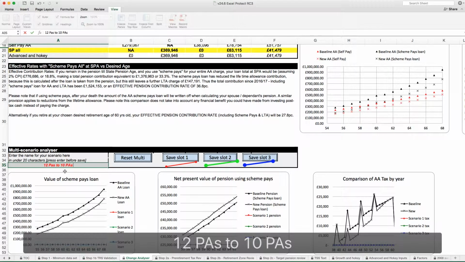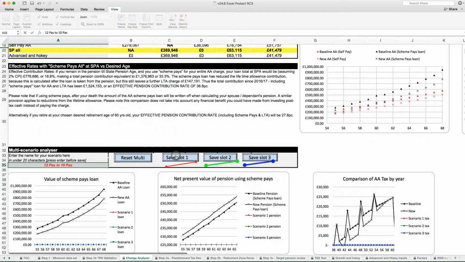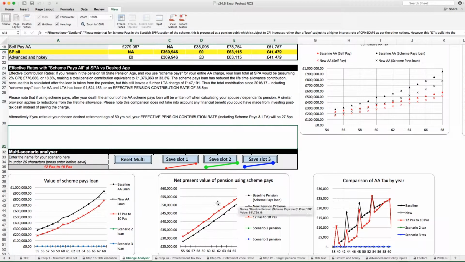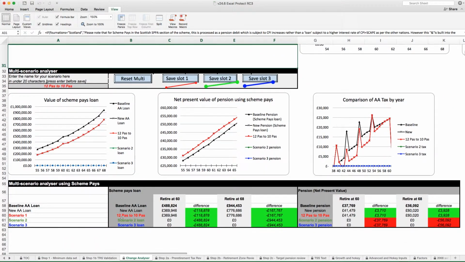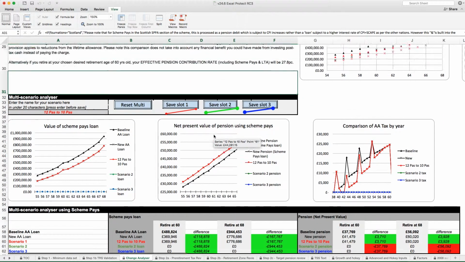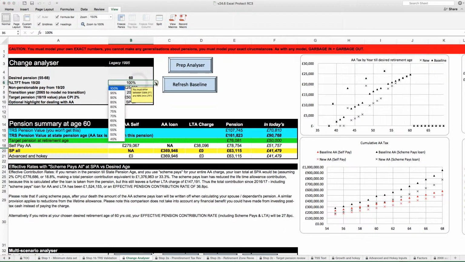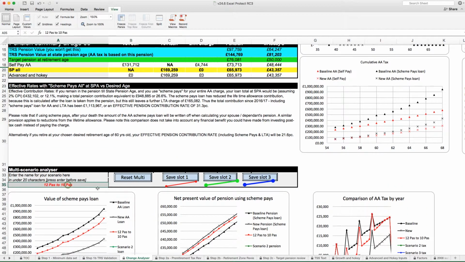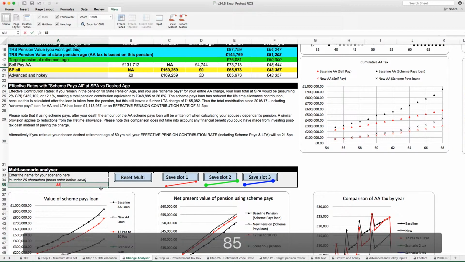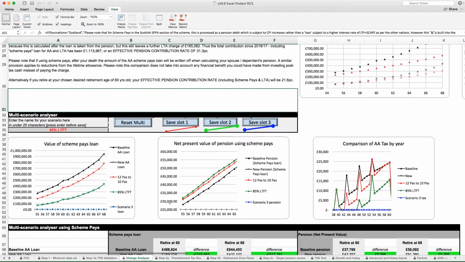And then if we save that in slot 1, what we can see now is that all those graphs have been updated with what we've just typed in, 12 to 10 PAs. And so has the table down here, 12 PAs to 10 PAs. So let's just add 2 more scenarios. We're currently on 10, so let's see what happens if we go to, let's say, 8.5 PAs. So then if we say 85% LTFT and put that in slot 2,